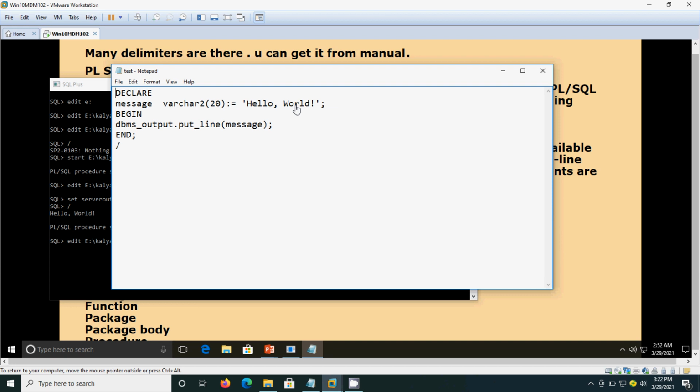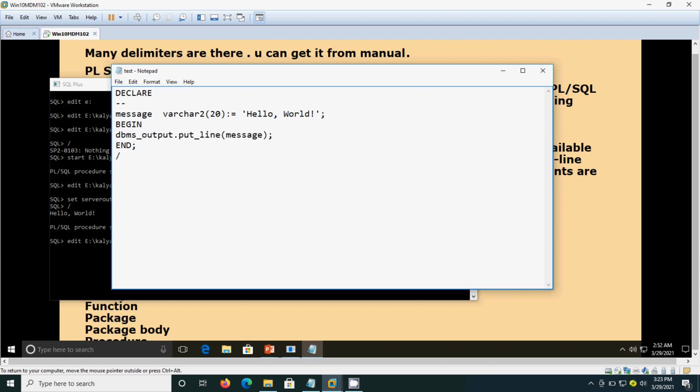We have given a message, then a data type, then we are assigning hello world to the message, then we are displaying the message. This is the simple logic. Okay, we are going to add the comment section now. Currently there is no comment section. Wherever you can add a comment, we are going to add some comments.